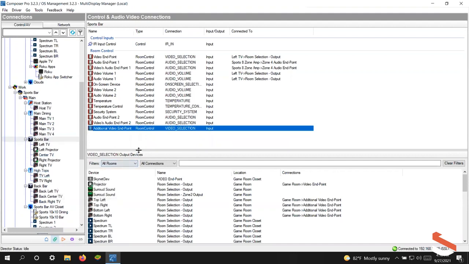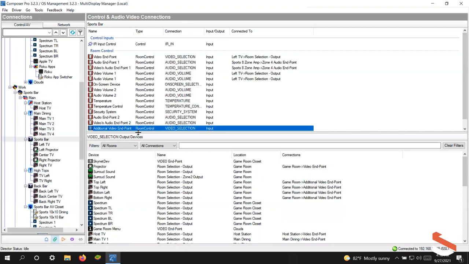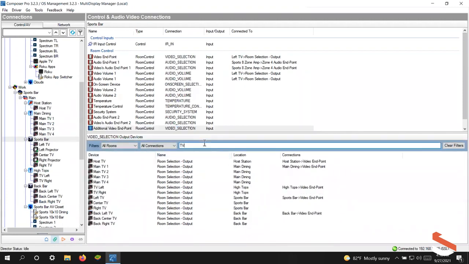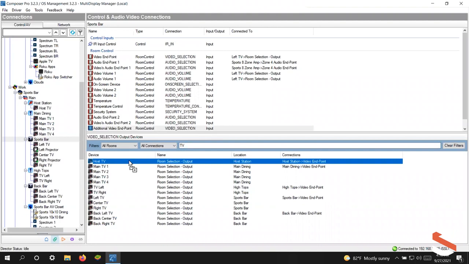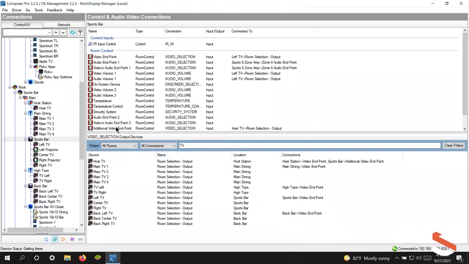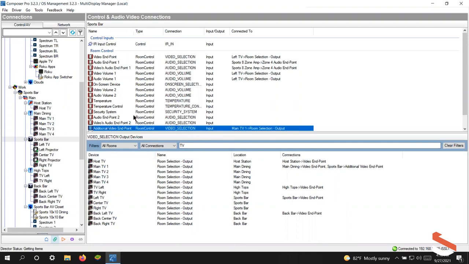And this is where those new fancy filters on the connections page absolutely come in helpful. From here, I could say that I'm looking for TV, and that will get rid of all the sources, all the HDMI matrix switches, and I'll connect my host TV, and then the 4 in my main dining area,